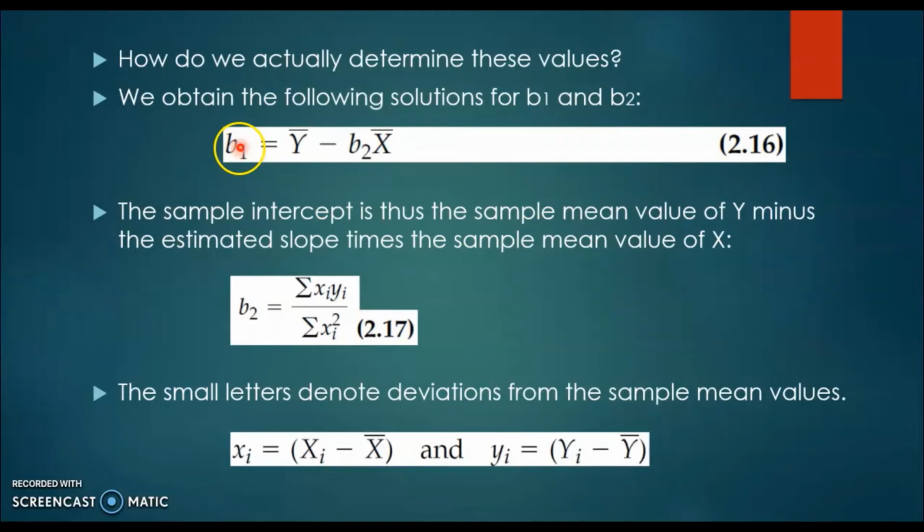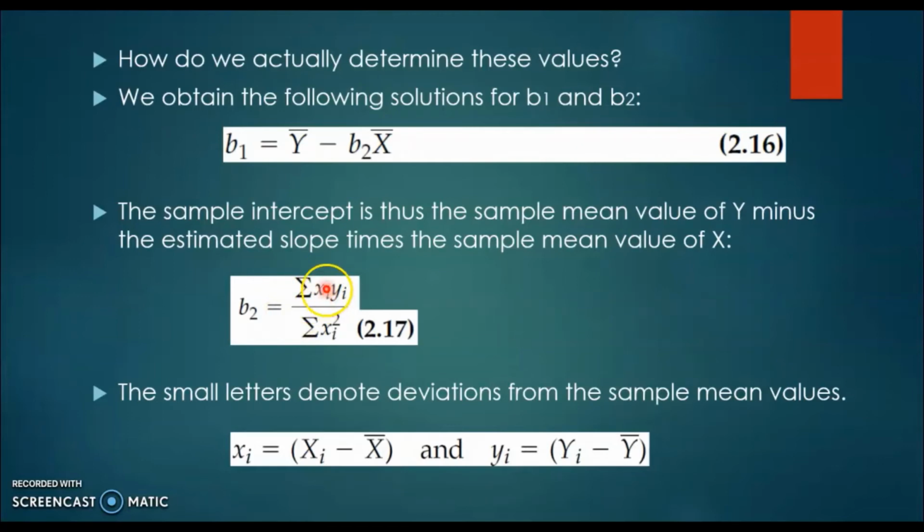So here we have b1 is equal to y bar minus b2 x bar. And the sample intercept is thus the sample mean value of y minus the estimated slope times the sample mean of x. So here we have b2, which is equal to the sum of